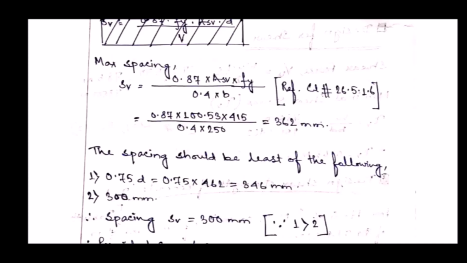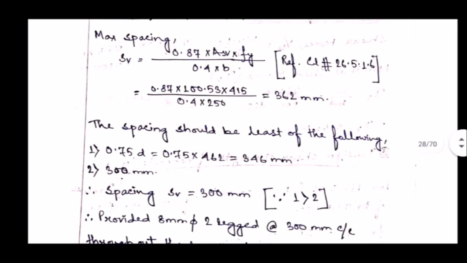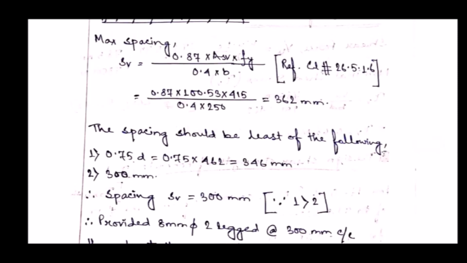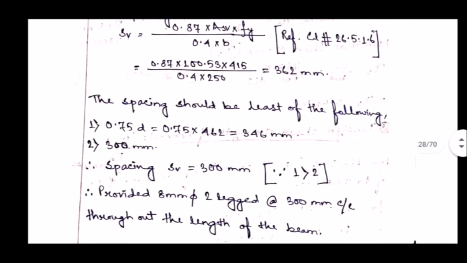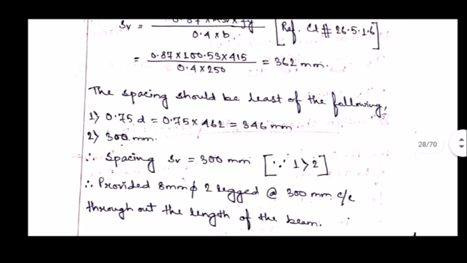The spacing should be least of 0.75 d, that means 0.75 into effective depth, that is 462, which equals 346, 300, and what we found, that is 362. So the spacing should be the least of these, and the least value is 300 mm. That's why we provide 8 mm 2-legged stirrup at 300 mm center to center distance throughout the length of the